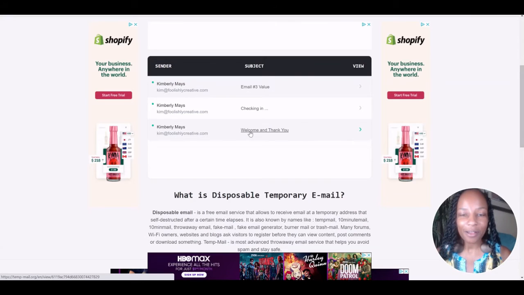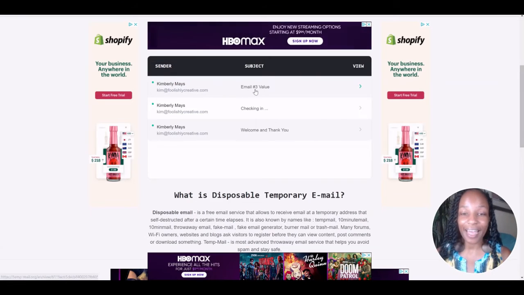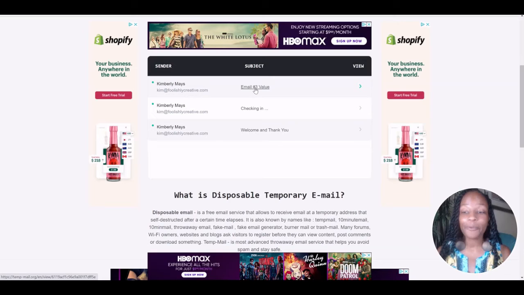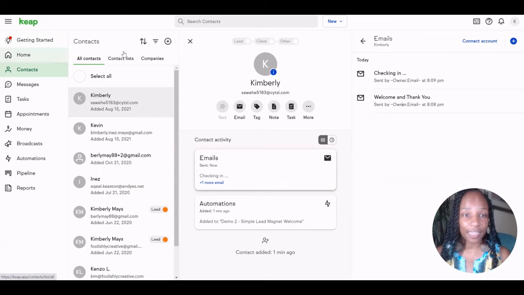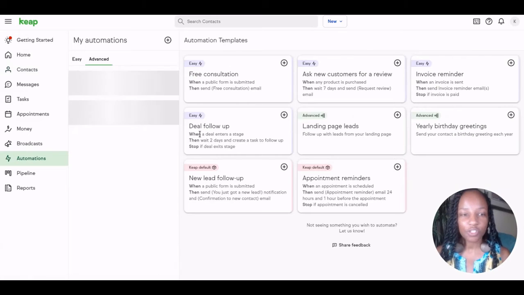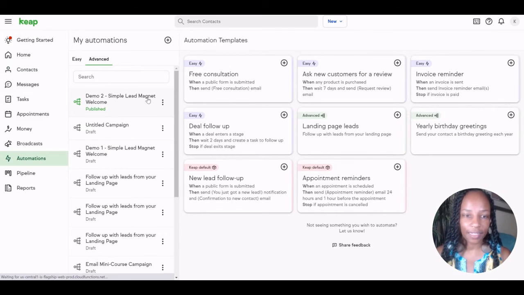But you see, I got the welcome email, I got the checking email, now I got email number 3, and pretty soon I'll get email number 4 and email number 5. And email number 5, let me show you what I did. So for email number 5, I go back to my automations, and I just want to show you really quickly what I did